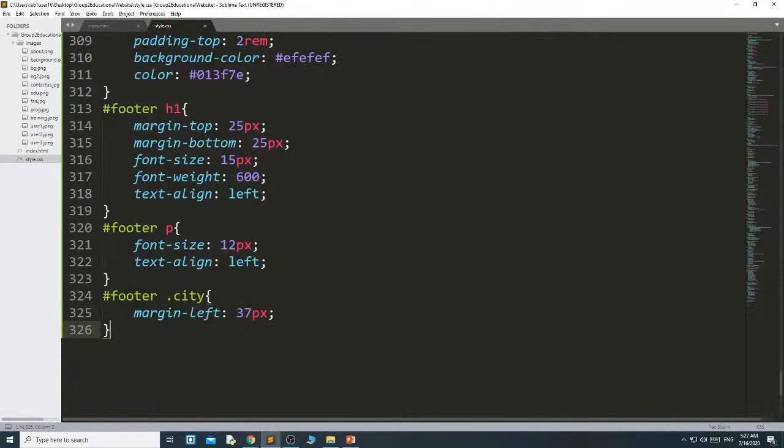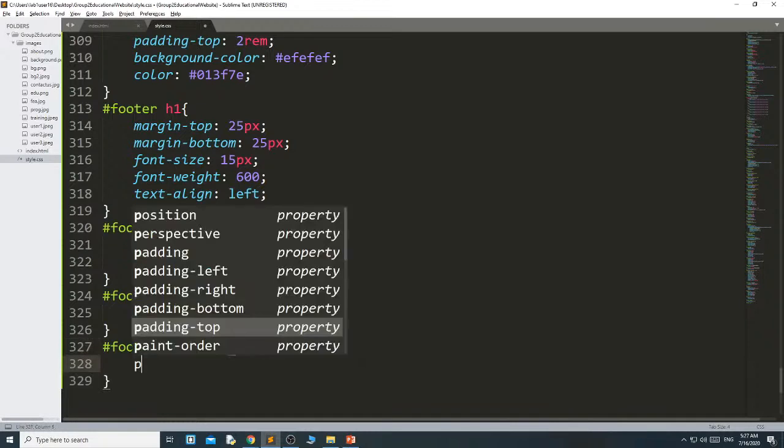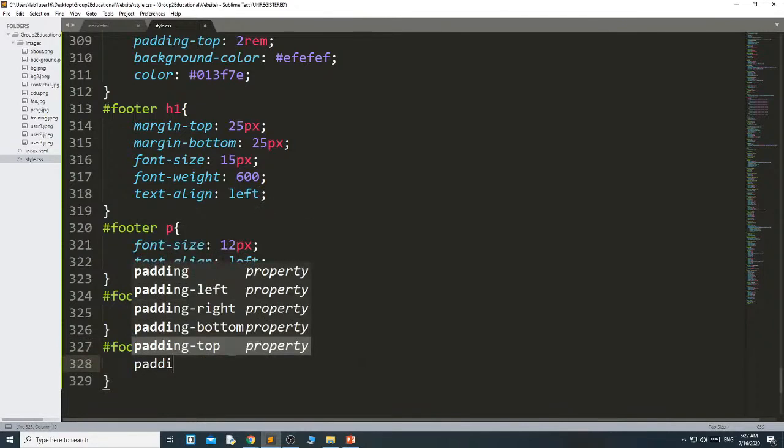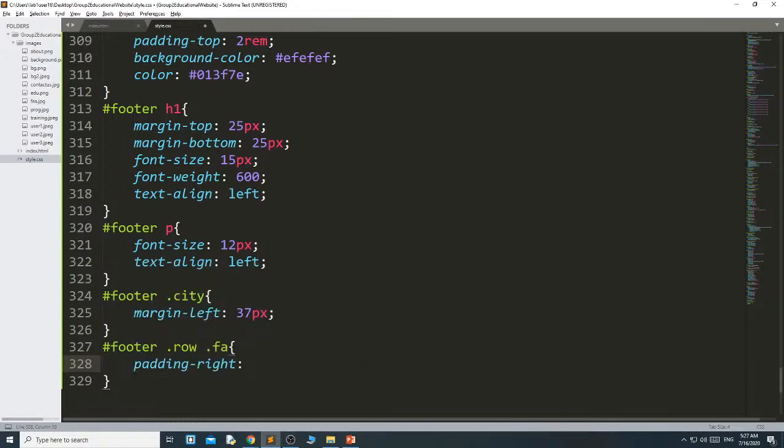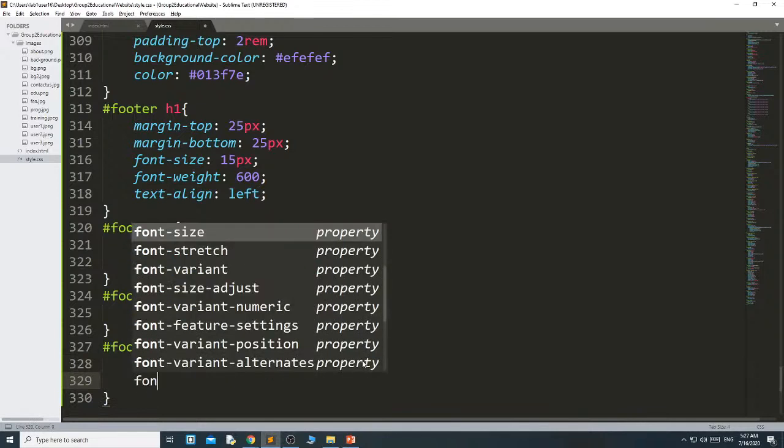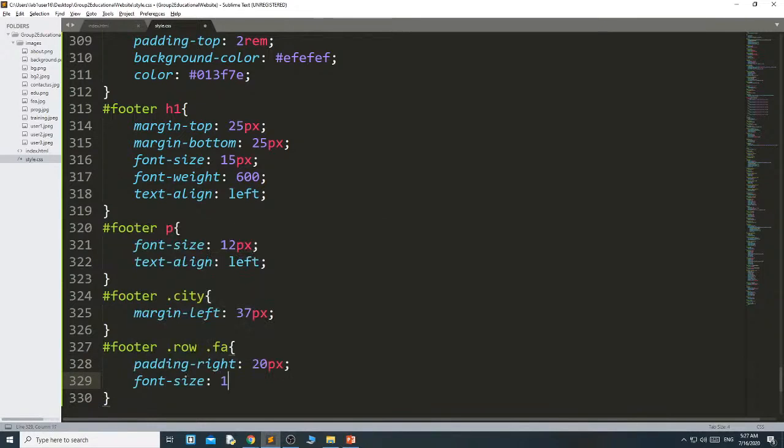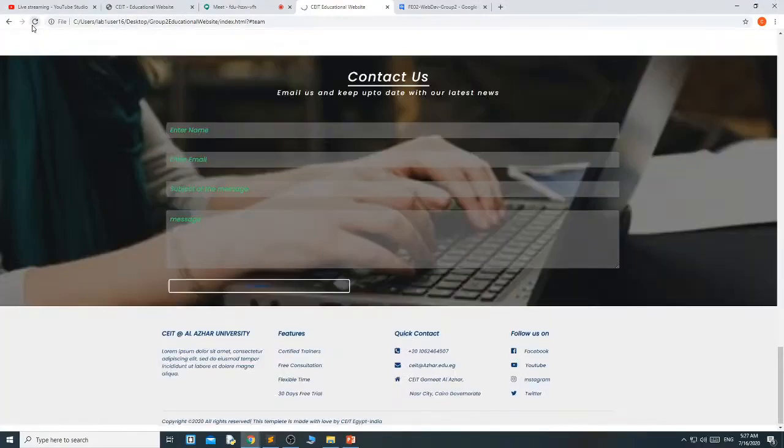Then I can write has footer to row dot effect, padding right 20 pixel and font size 15 pixel. Okay, you got the space.